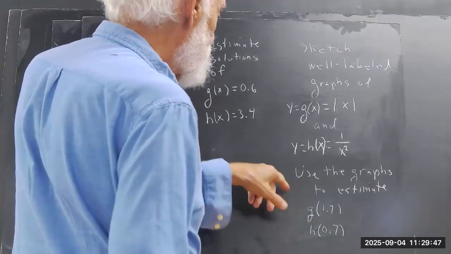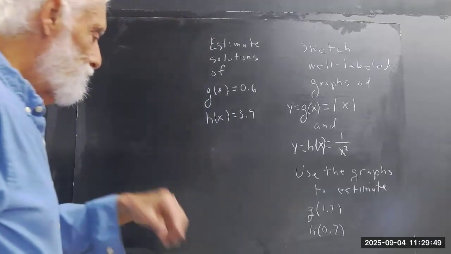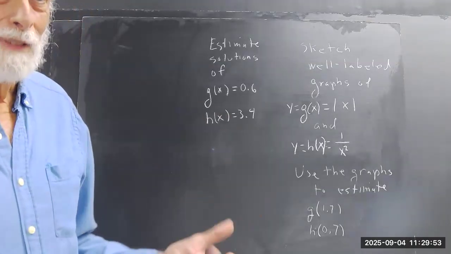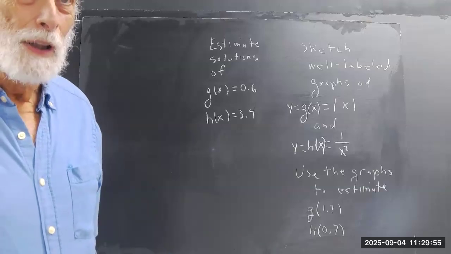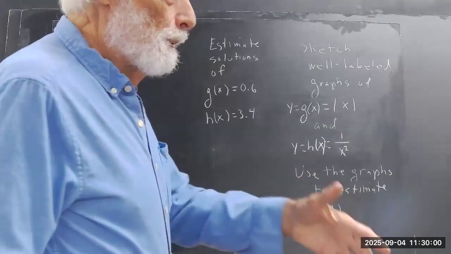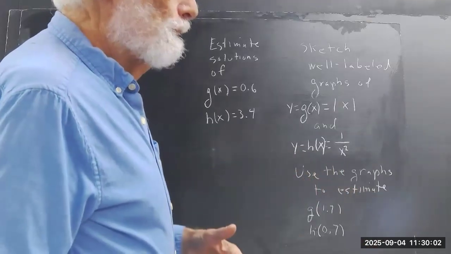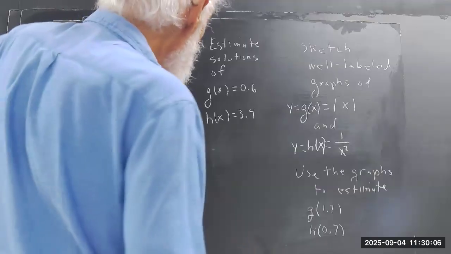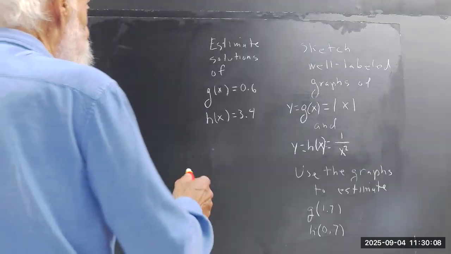Estimated solutions is not something that I was intending to grade, just see if anybody knew how to do that, okay? Because I don't think OpenMath said much about that. I don't think it asked you to estimate any solutions. Okay, so